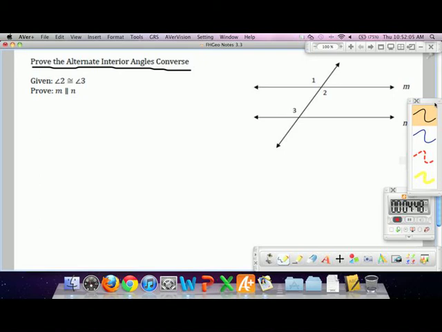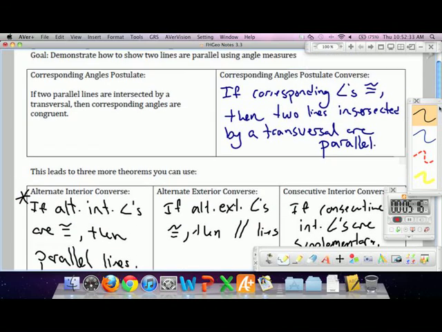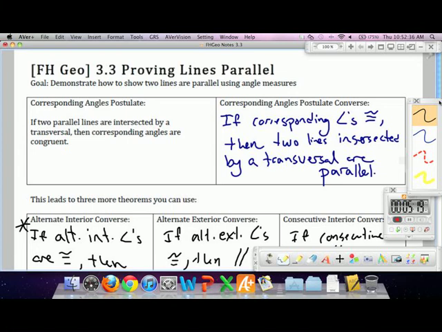Well, why is that true? We know that those two things are congruent. That's what I'm going to tell you. We're going to start with that being true. If that's true, then what can we deduce? As I mentioned earlier, the whole goal is to get to the corresponding angles relationship. If we can get corresponding angles congruent, then we know the lines must be parallel. That's our jumping off point.